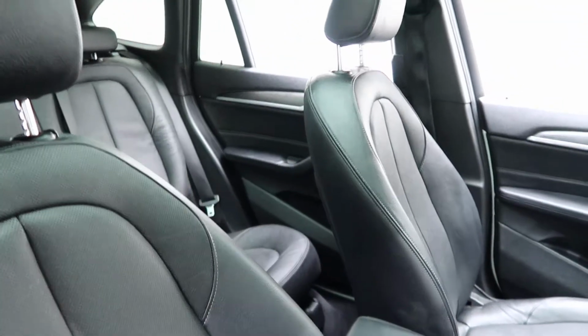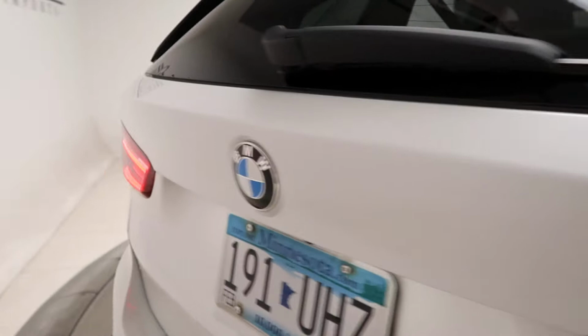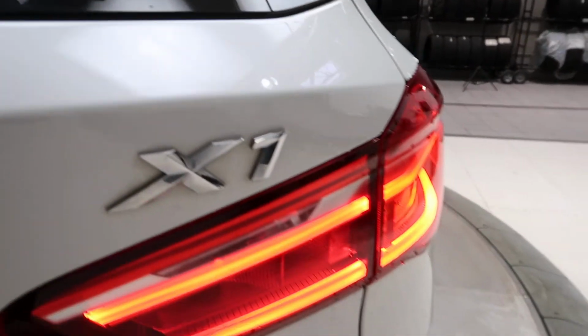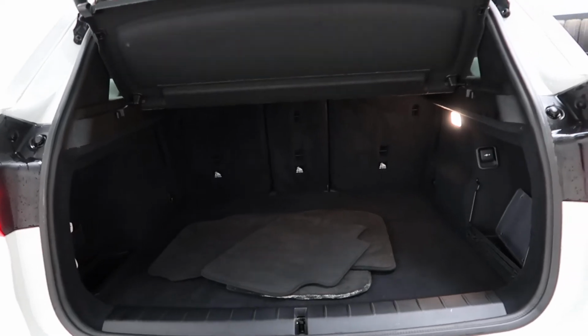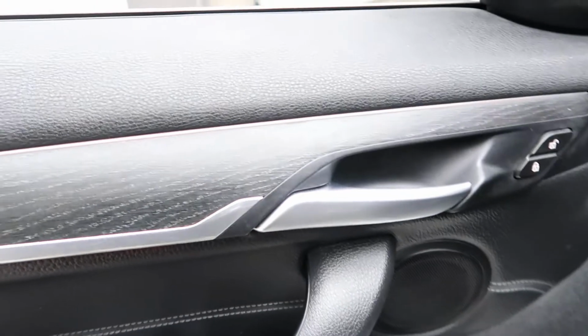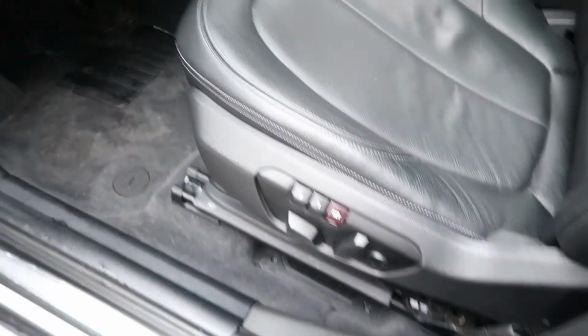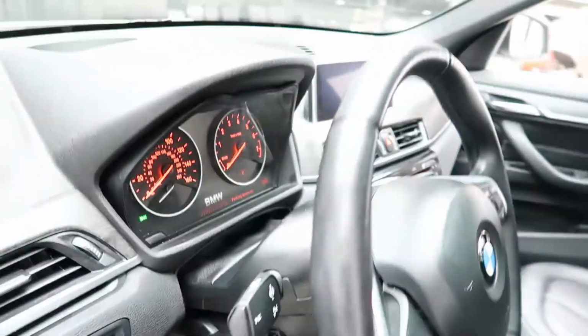Black leather interior. Panorama sunroof. Come around back, X1 badging, power liftgate, clean set of floor mats, fold down rear seats, cargo cover. Coming alongside, we've got a dark wood trim, power windows, power seats, heated steering wheel